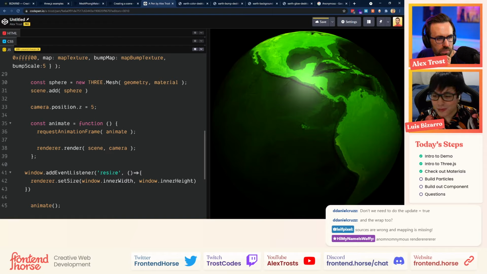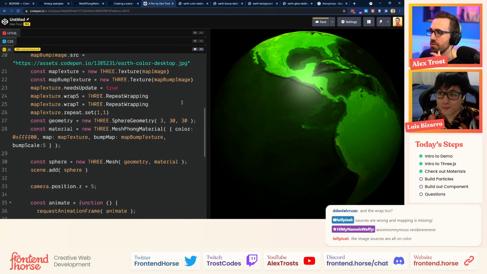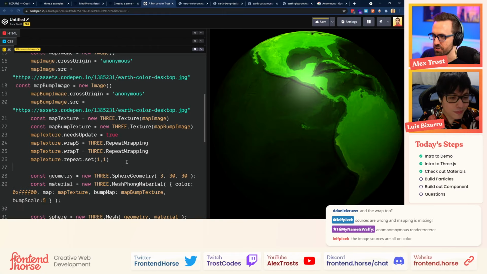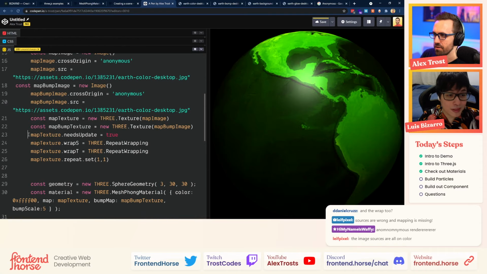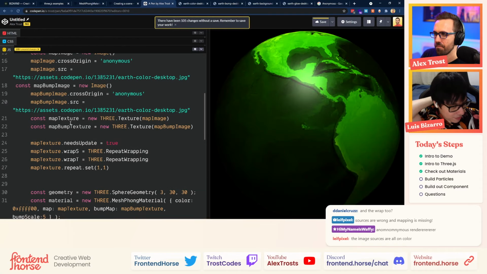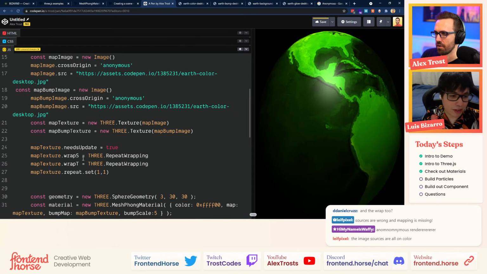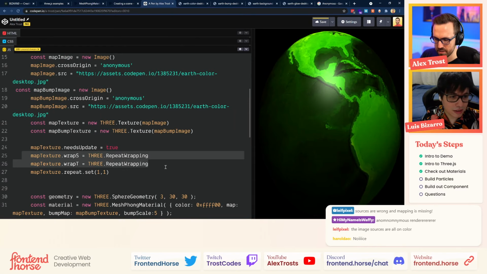Life said maybe loop over an array for init. Not sure what that was referring to. Sorry, but do we need to apply the mapping to the bump map too? Let me do a better job of organizing this. So map texture, then we got geometry, and there's bump. Someone mentioned that we don't need the wrapS and wrapT. I kind of agree. I think that was just some debugging boilerplate code that I had. Okay, we can remove that.